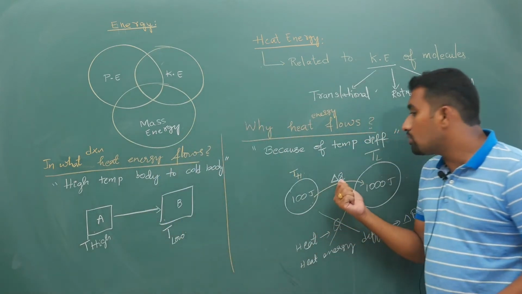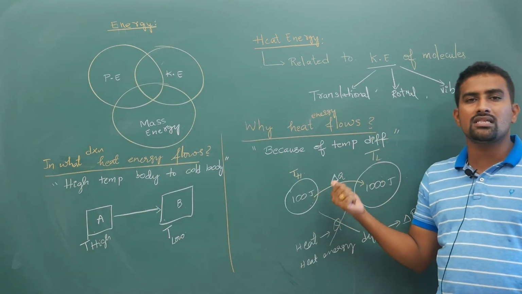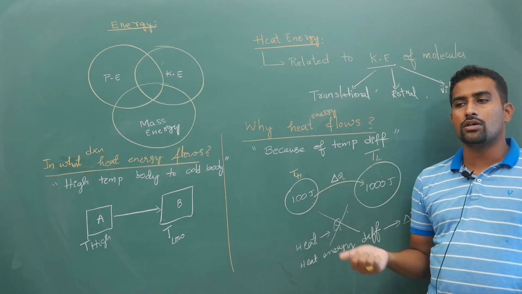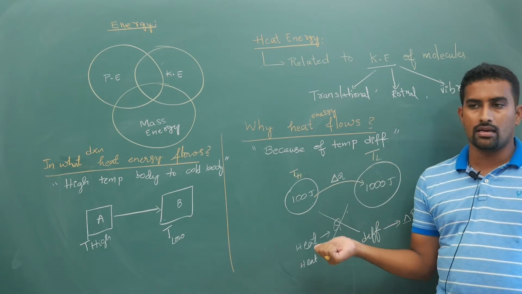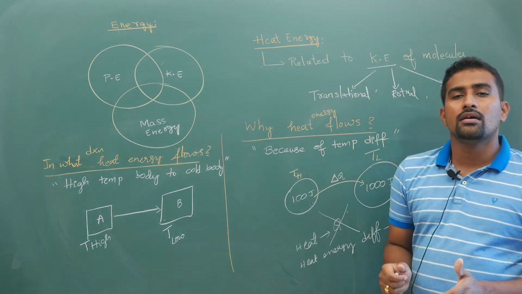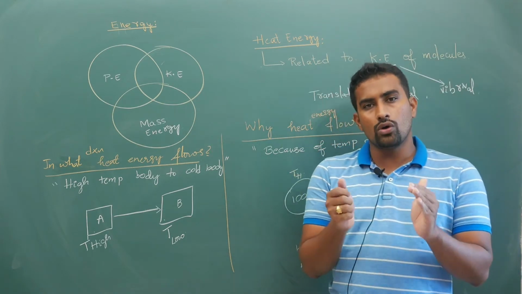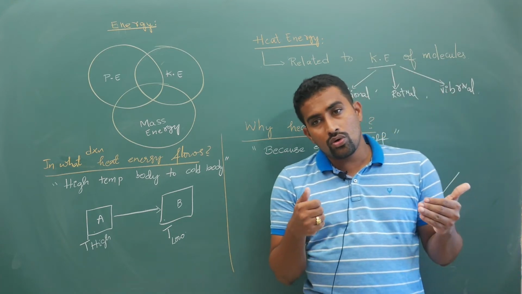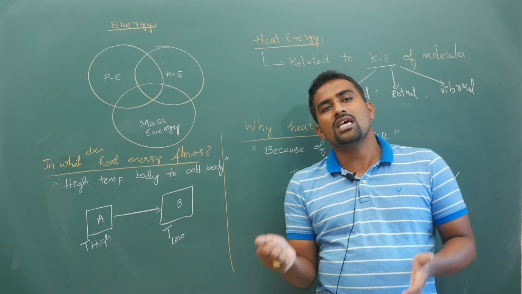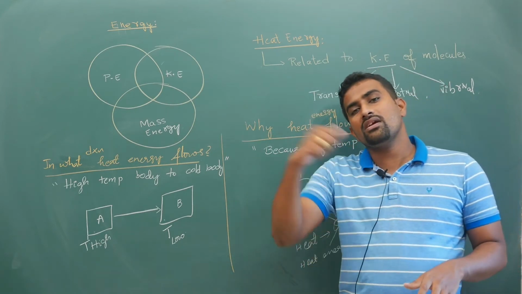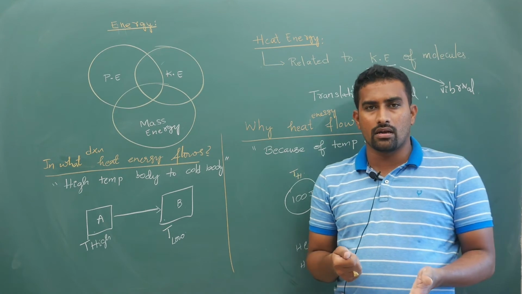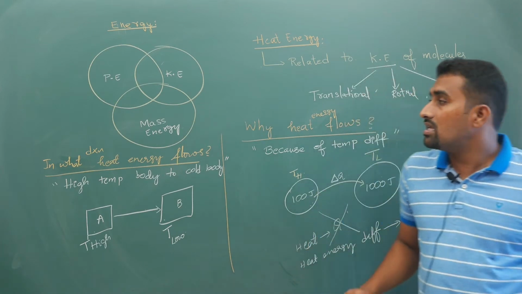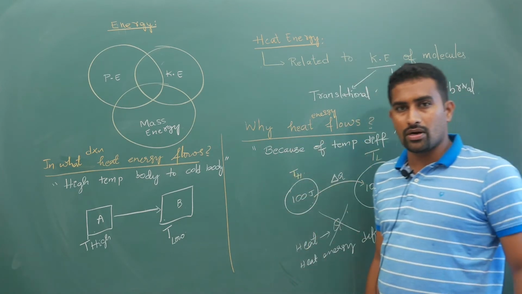So this delta Q we will measure and calculate. What is there internally is internal energy, which we will talk about separately in the kinetic theory of gases. But for now, understand that heat energy flows from a high temperature body to a low temperature body, and you can only measure the difference: initially it has some amount of heat, and after giving some amount, how much has it given, or how much has a body taken. Internally what is there, you cannot measure. Keep these things in mind regarding heat energy.